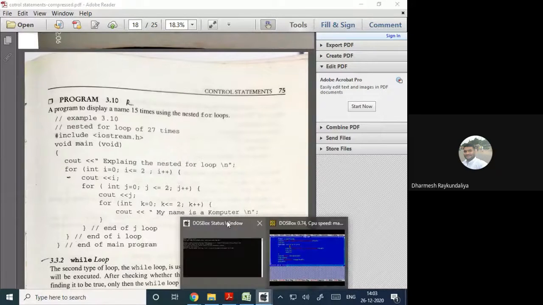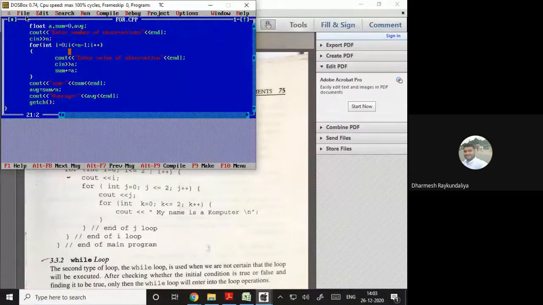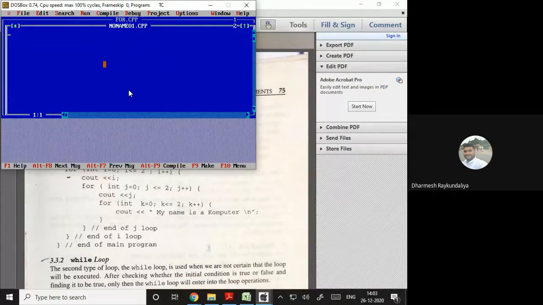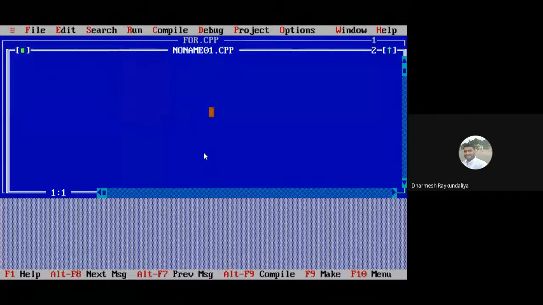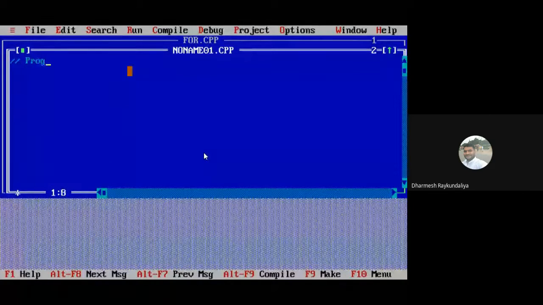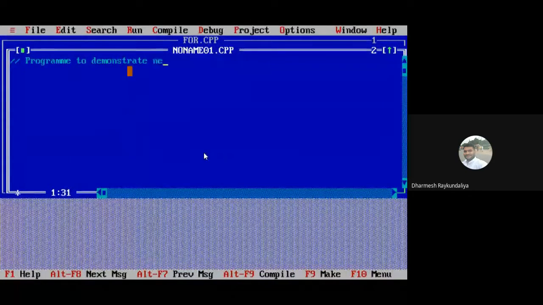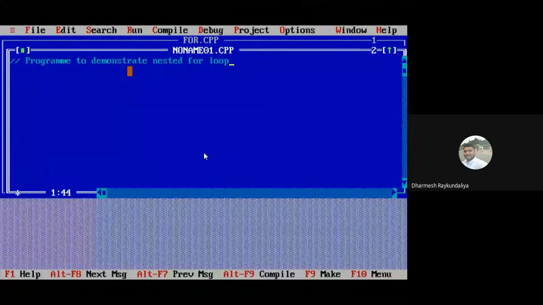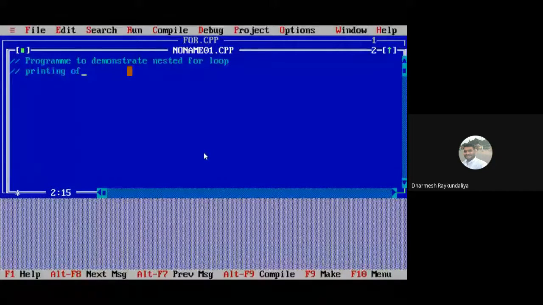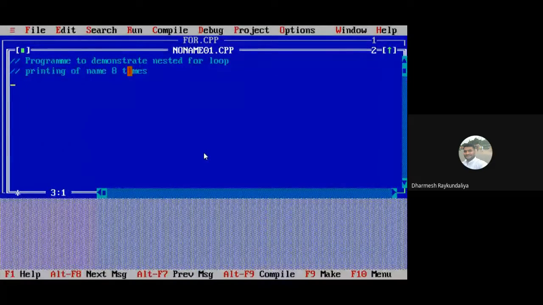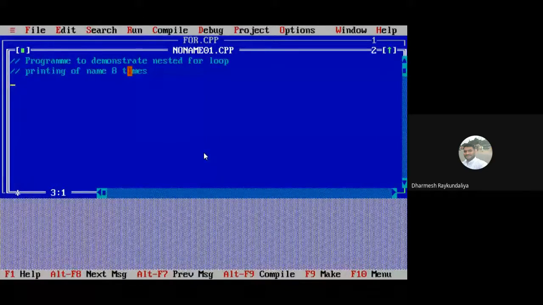So let us understand this. Program to demonstrate nested for loop. Printing of name 8 times. So 8 times means it is 2 cube.